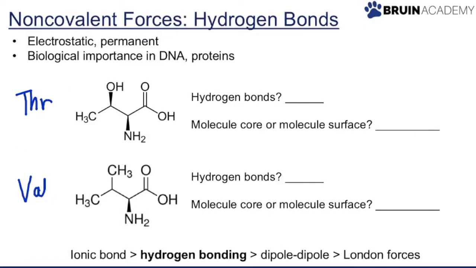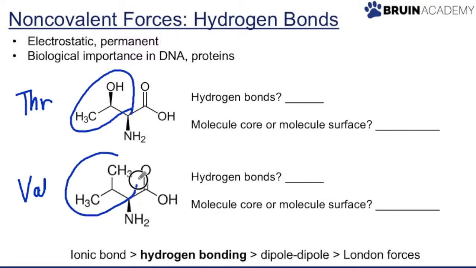So, let's take a look and decide, based on the structure of these molecules, whether or not they can form hydrogen bonds. And the important thing here is to look at the side chains because everything else in the molecule is the same. So we're really looking at this part right here and this part right here of the molecules. So let's just focus on the parts I've circled and decide whether or not this molecule can hydrogen bond, and